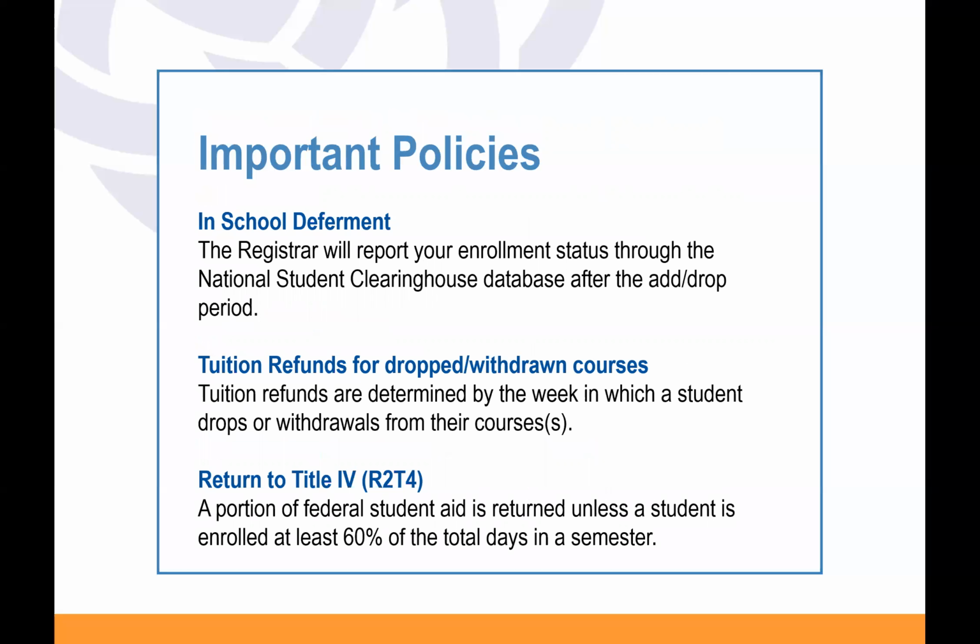Next would be in-school deferment. So say that you are transferring from another university and you took out a loan, you want to make sure that those loans are deferred. Deferred is basically saying that you are now enrolled in another school and you are not going to pay those loans yet. Because it's supposed to be until 6 months after you graduate, right? So for the subsidized and unsubsidized loans, it takes about 6 months before you start repaying those. It doesn't always get automatically deferred, so you want to make sure that you stay connected with the registrar's office to make sure that all loans are being deferred.